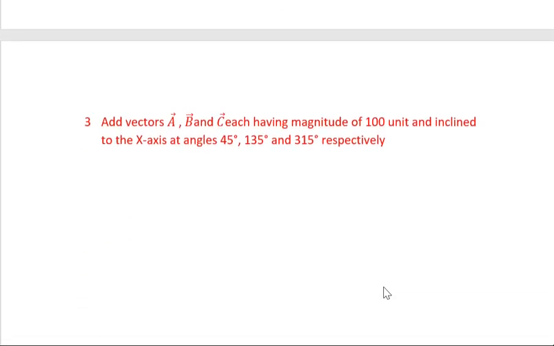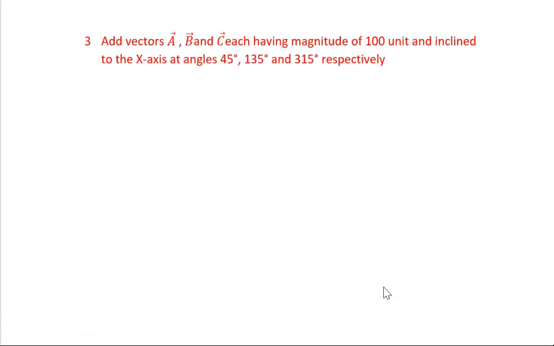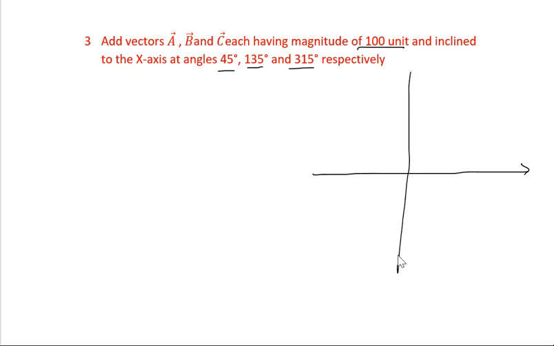Now we go to question number 3. Here it is saying add vectors a, b, c, each having a magnitude of 100 unit and inclined at angles 45 degree, 135 degree and 315 degree. So the most important thing is to draw a diagram. So I just make here, this is our x-axis, this is our y-axis,